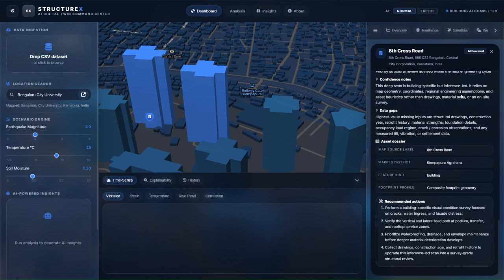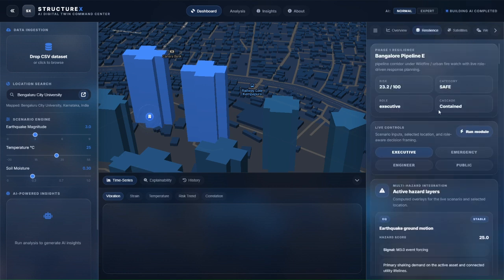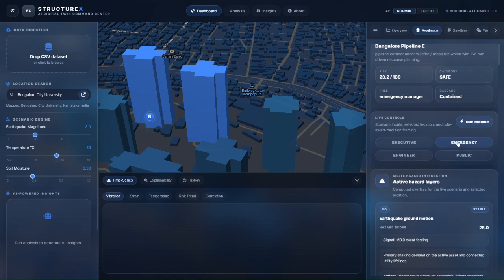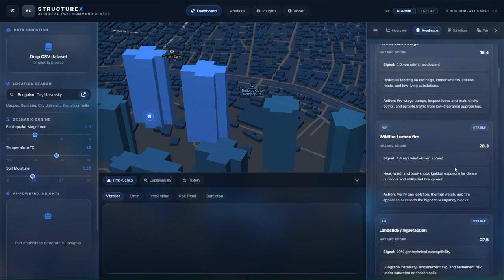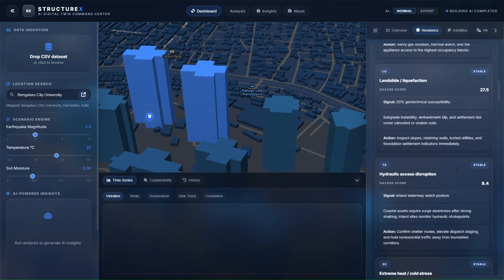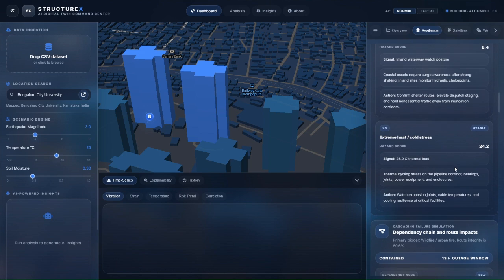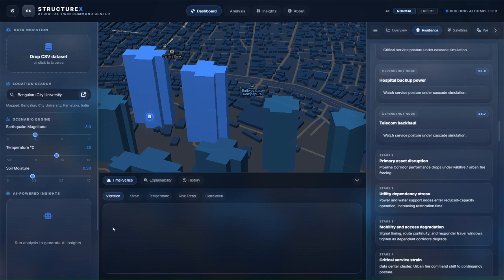Now this is only a glimpse, which is AI powered, but if we want to go deeper, there is a resilience tab over here. It should show you live controls. You can see those controls in emergency role, public role, engineer role, executive role, any role. Let's pick the engineer role for now. As you can see, you can pick any role over here. So basically, as we scroll through,